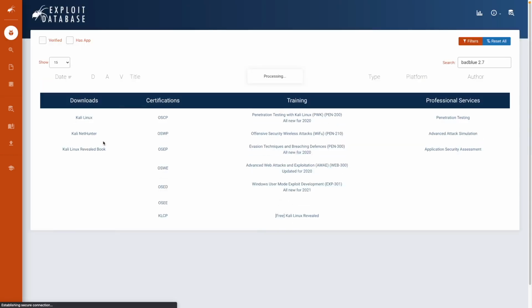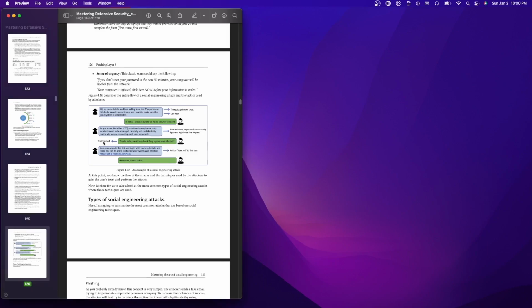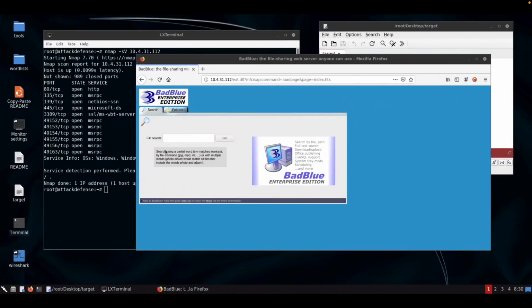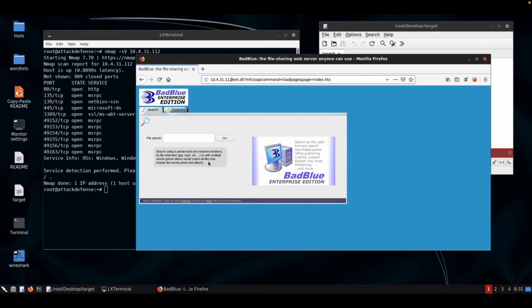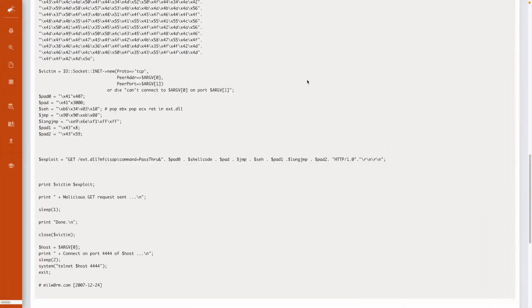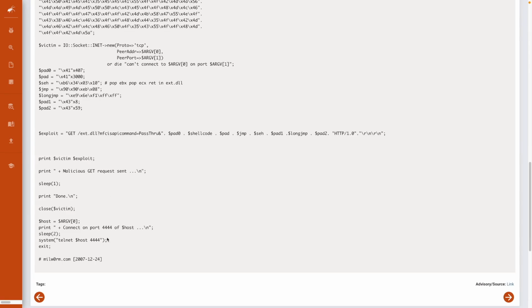Wait a second. We had that here. All right, /ext.dll, question mark, mfc, okay, command, and it tells it to do stuff. So the command is going to be passed through and then it's going to pass the rest of this stuff. Okay. Neat. We can go through and figure out how to use this